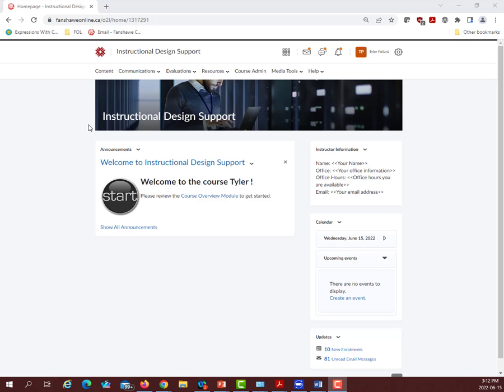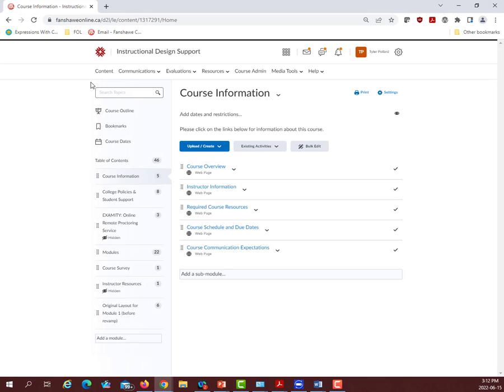After you gain access to the demo site called Instructional Design Support, click on the Content subtab from within the main nav bar. Inside the content, you will notice that the QM blueprint has been copied into this site, which was detailed within Video 5 of the Instructional Design video series. If you scroll down to the bottom of the list of contents, you will notice that there is a module called Original Layout of Module 1 before the revamp. When you click into this module,